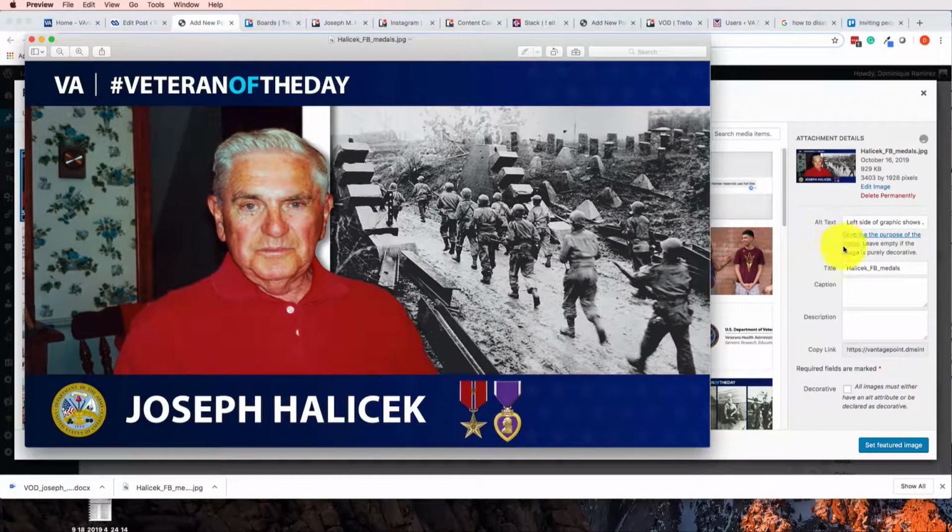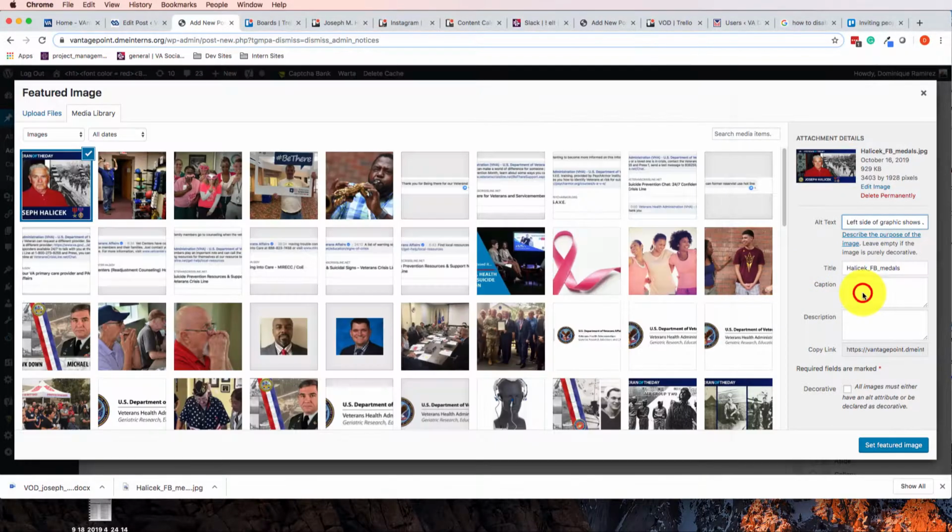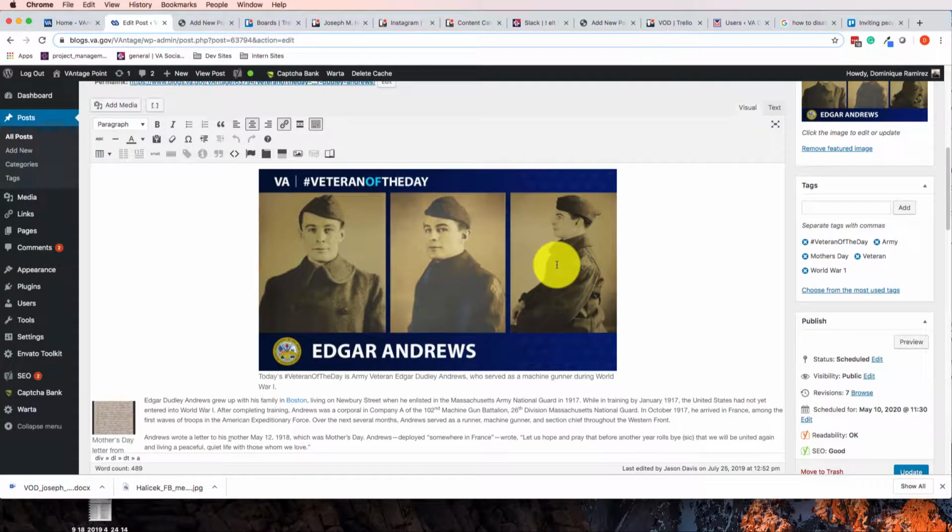You could actually, if you wanted to go into more detail, you could say text reads. Usually that's what I will put. Text reads, Veteran of the Day, hashtag Veteran of the Day, and then Joseph Halachek. And you could say that there's some medals as well. If you're wanting to be super duper thorough, that would probably be the way to do it. But for the purposes of this, let me go and look at a post